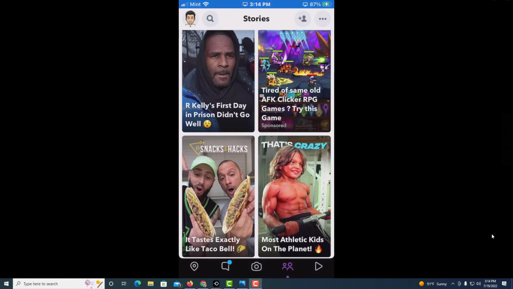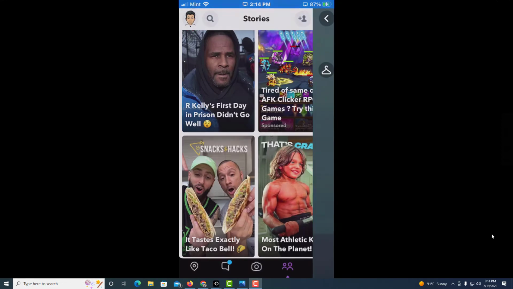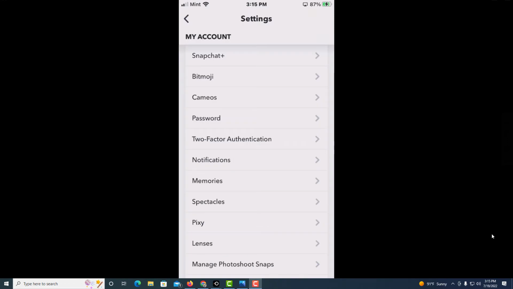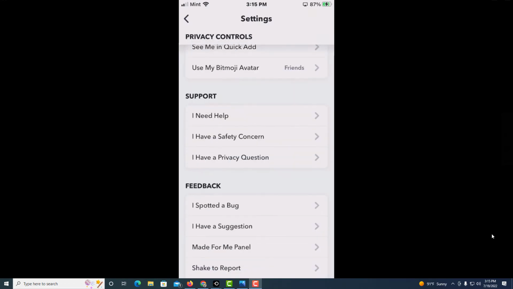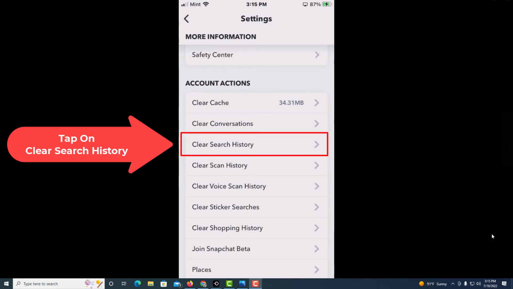To clear your search history, first thing you want to do is tap on your profile icon in the upper left-hand corner. Then you will tap on the gear wheel in the upper right-hand corner. Then you'll scroll all the way down toward the bottom, and right here, clear search history. You want to tap on that,